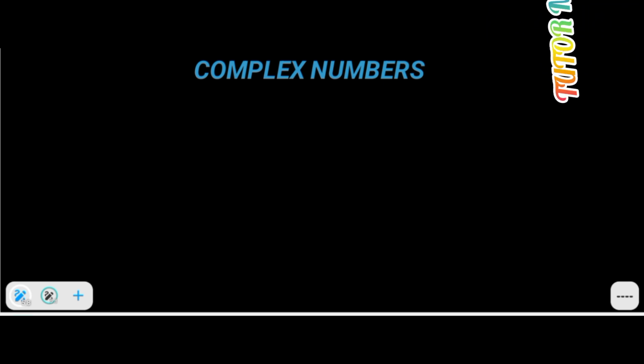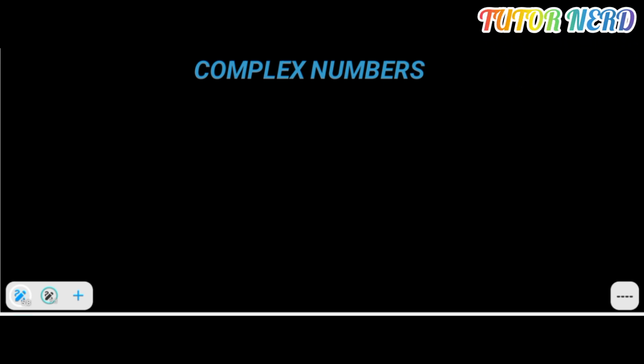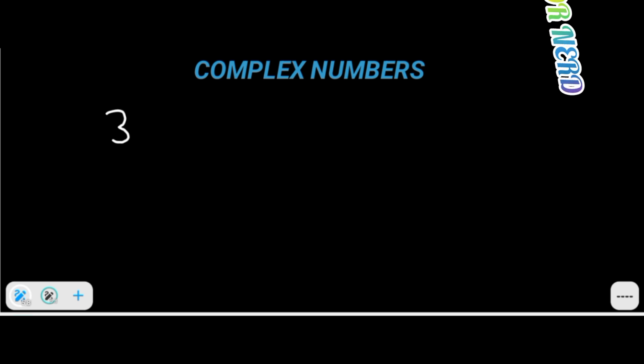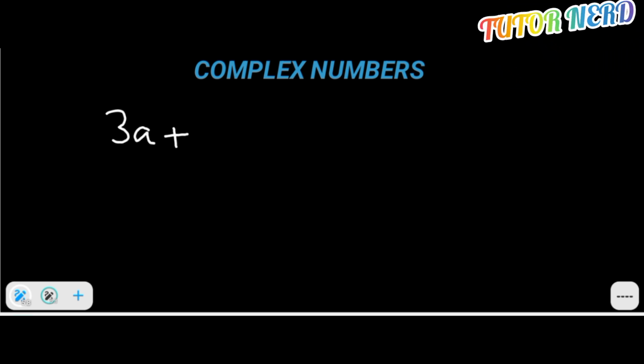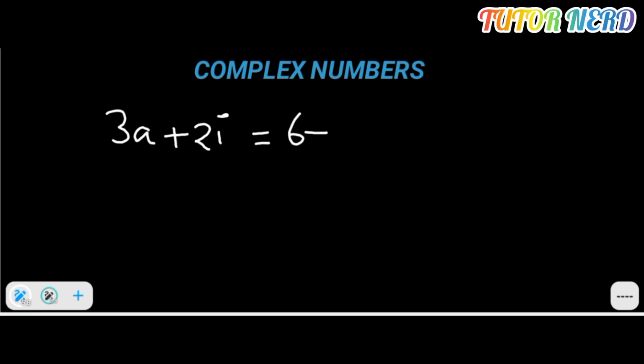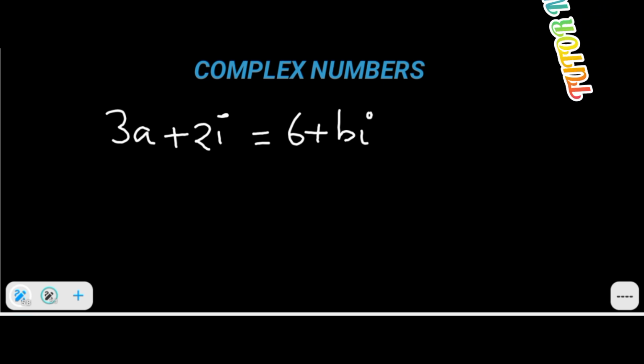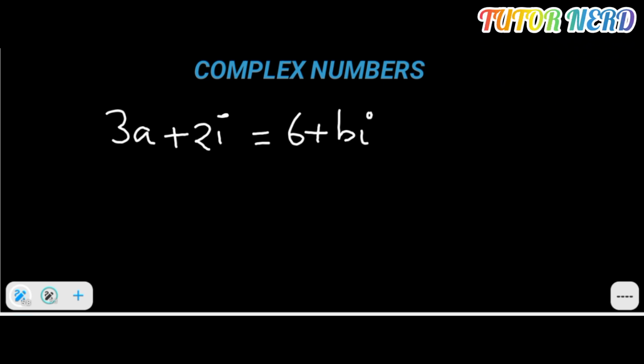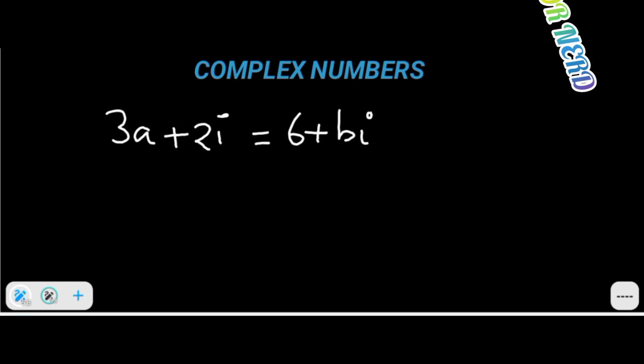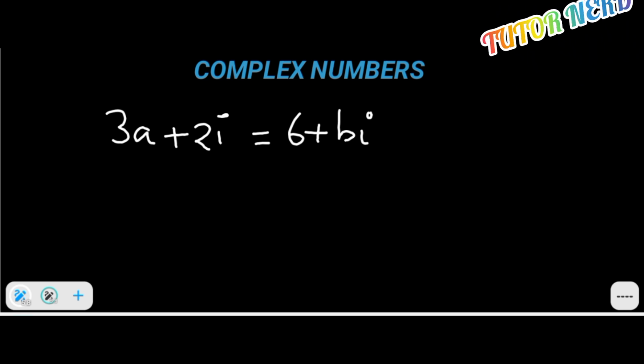So now the first question that we're having here is saying that find the values of A and B in the following expression. And the expression that has been given here is this. We have got 3A plus 2i being equivalent to 6 plus Bi. Okay, that is the expression. And the question was saying that we should find the values of A and the value of B in this